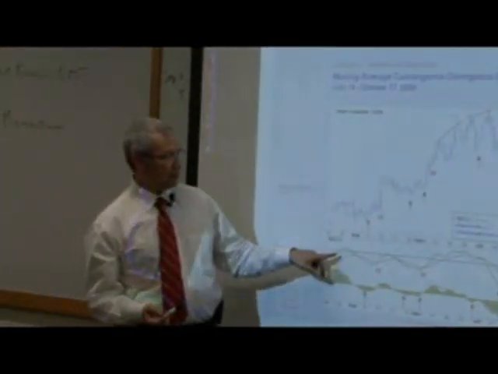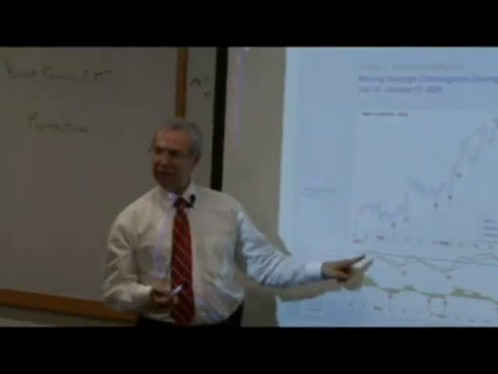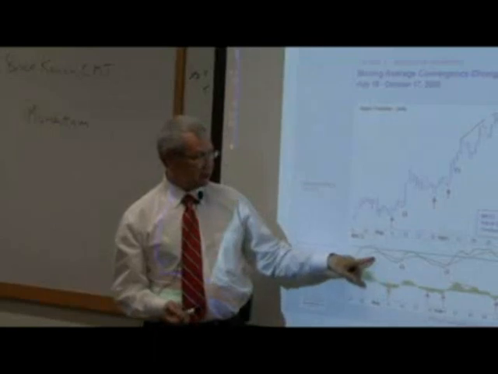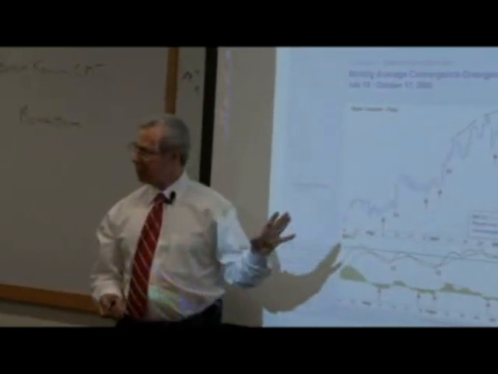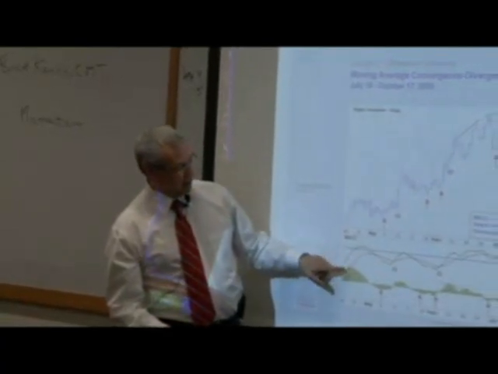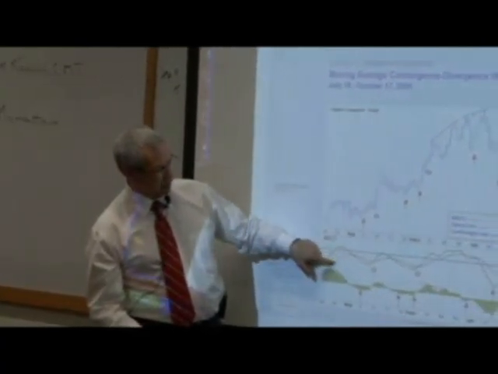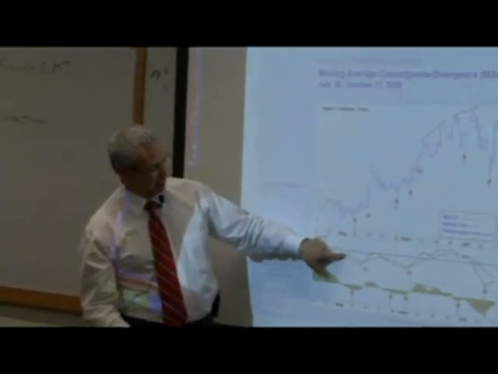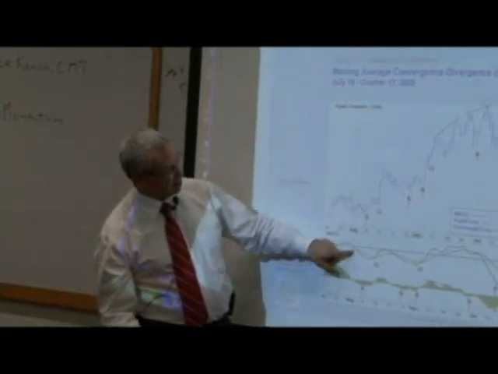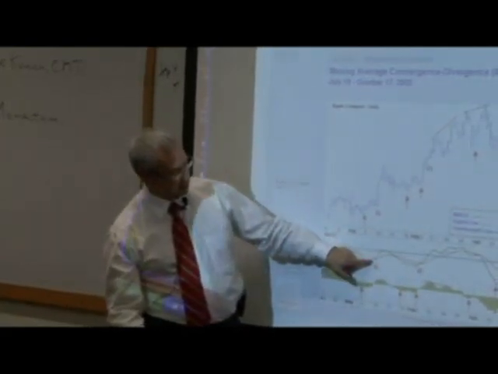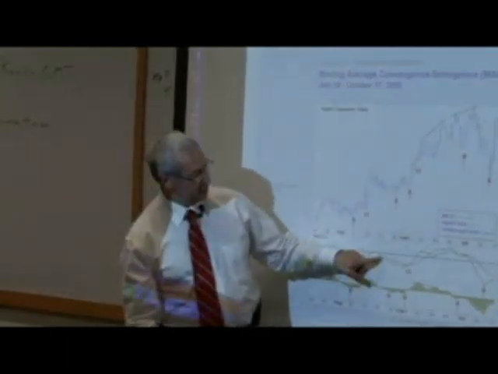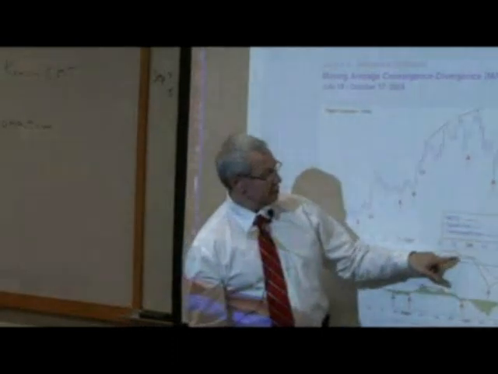Some people will take every transaction. They always want to be in the market, and at every crossing of the signal line and the MACD, they're going to buy or sell. They're always in the market, long or short. So the signal line crosses from below to above. Well, this is the other way around. This should be a sell signal, and now the MACD crosses above. This would be a buy signal. Okay, sell signal, buy signal, sell signal.